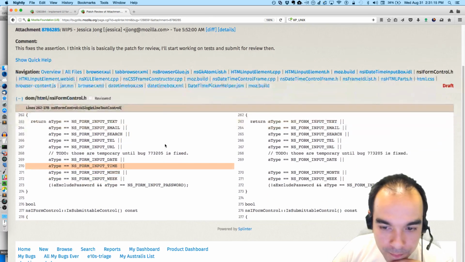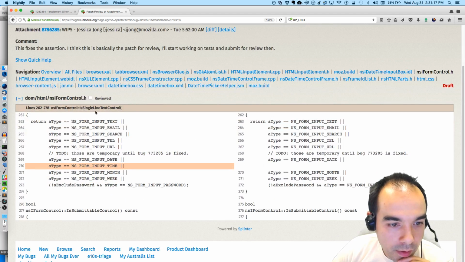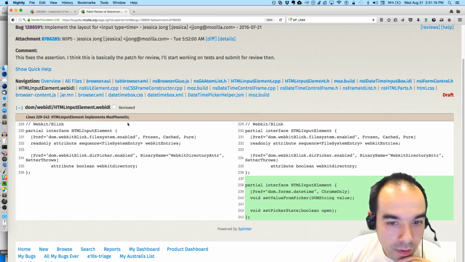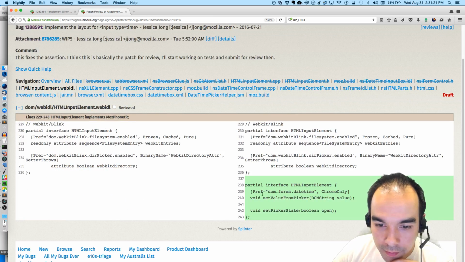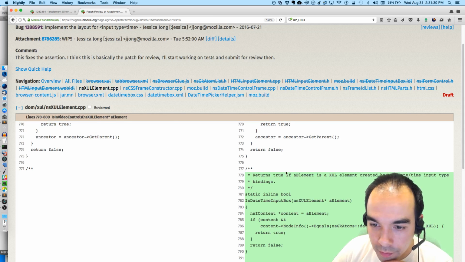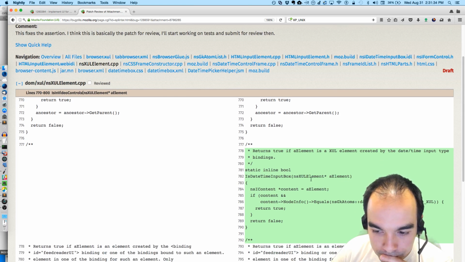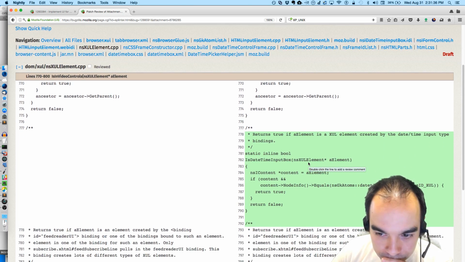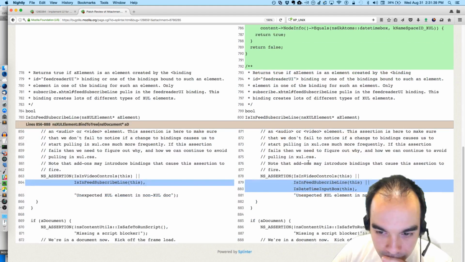Form control. If the pref dom forms date time. If element is a XUL element created by date time input type bindings.